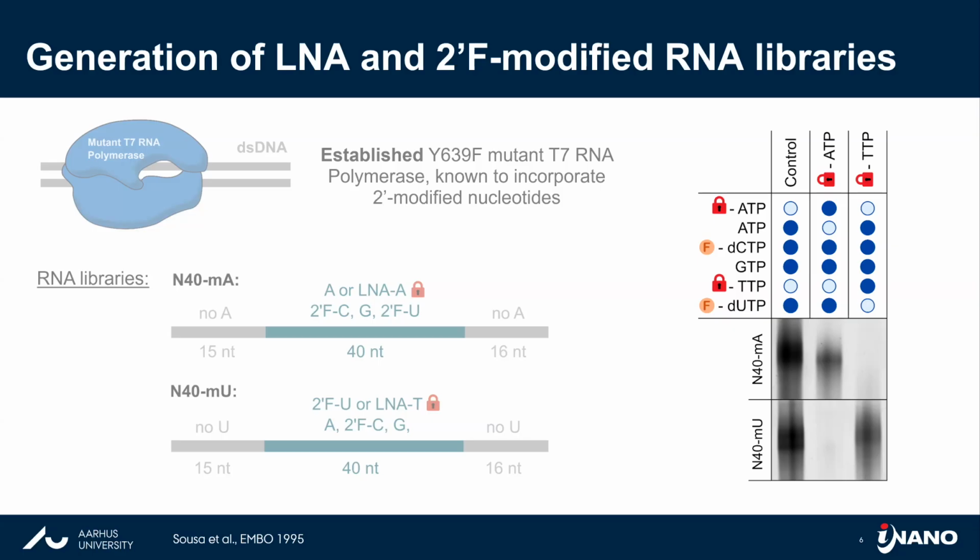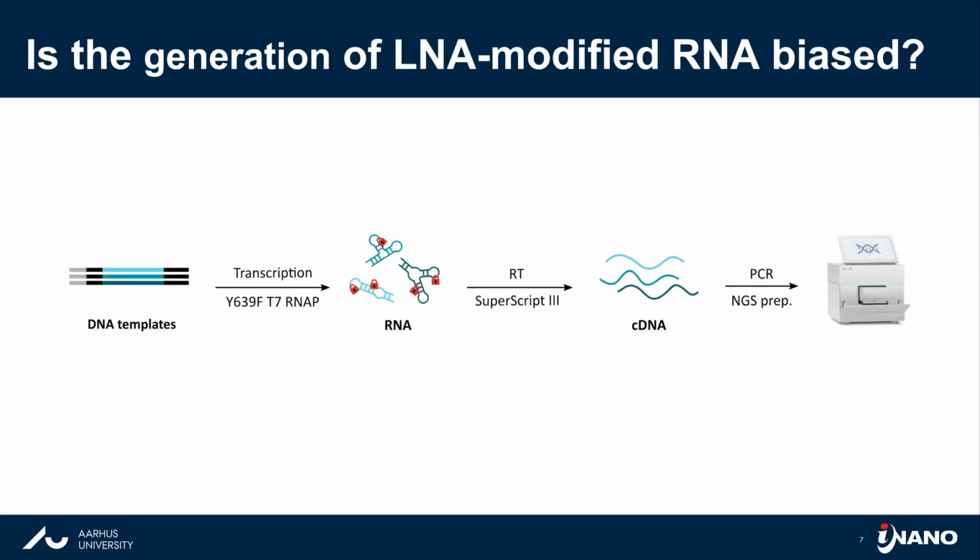The same is when you use LNA TTP, where we have the specific library for the U modifications, we get a transcription product, and when we use the other one, we don't get one. So it also showed that the library design was quite important, that we don't have any modification for the primer region. But we recognize, okay, we can get transcription, but how good is this transcription? Because we can get an RNA product, but is it actually a library? Do we only get transcription of all the sequences without the LNA modifications, or do we get a bias